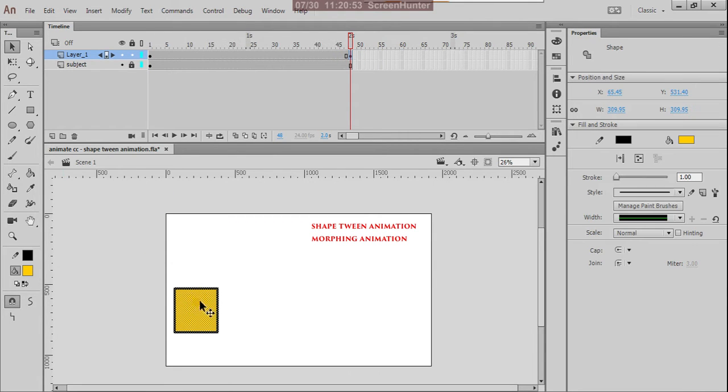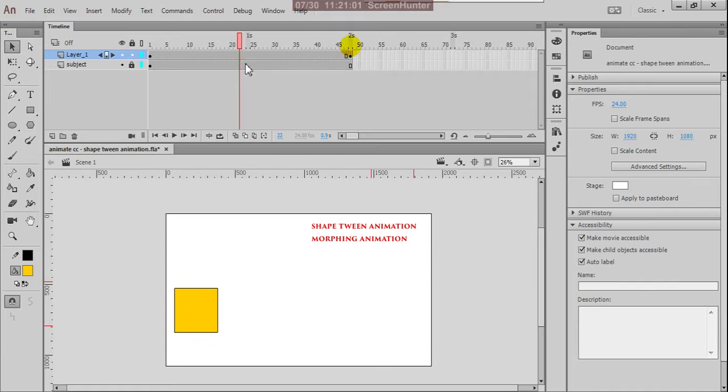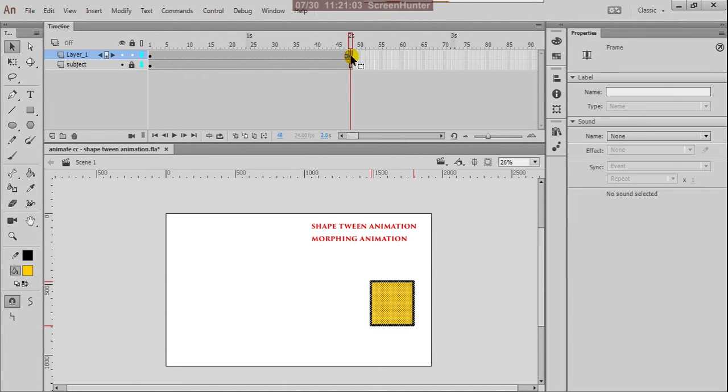But we are planning animation, so your second keyframe must be somewhere else, not exactly at the first frame. That is the reason I placed it somewhere else.